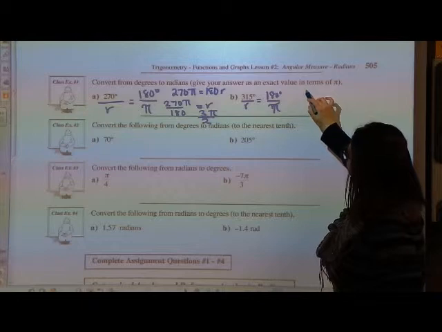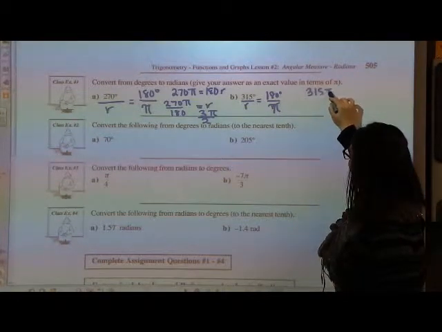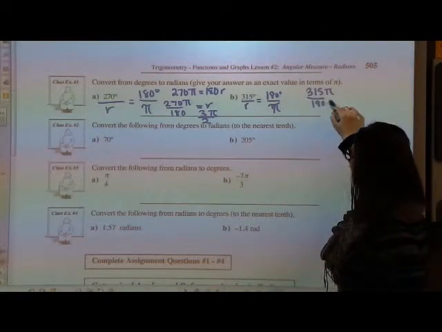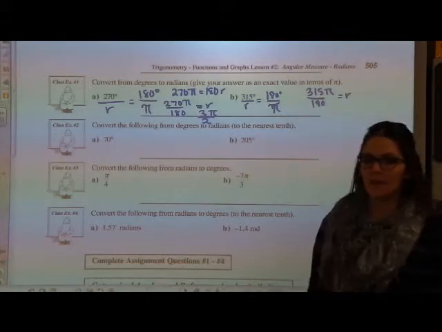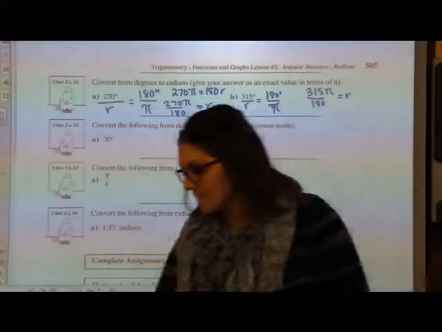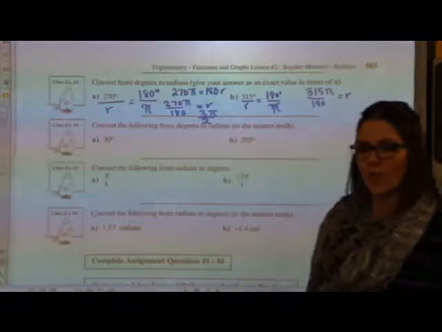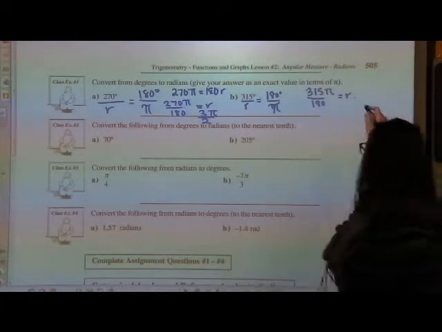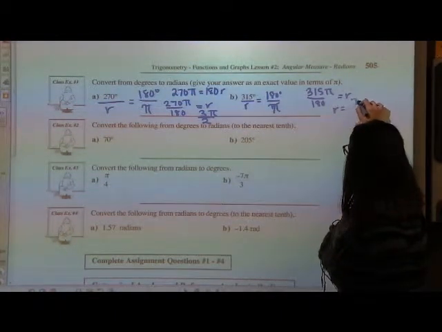So when I cross multiply, I will get 315 pi over 180 equals r. And then if I reduce 315 over 180, what does that give me as a fraction? 7 over 4. So this would be 7 pi